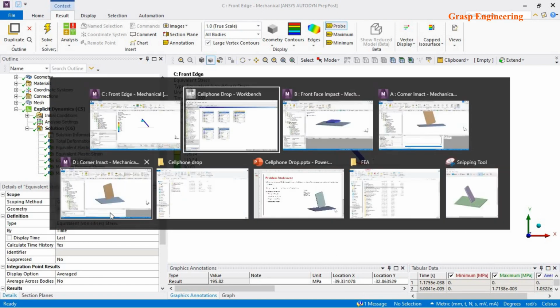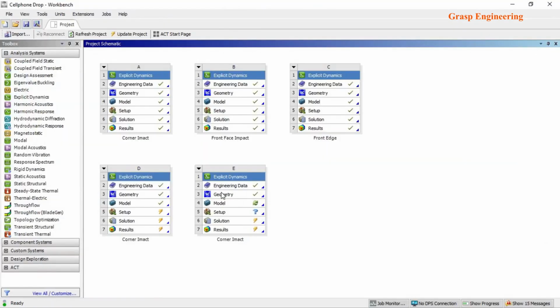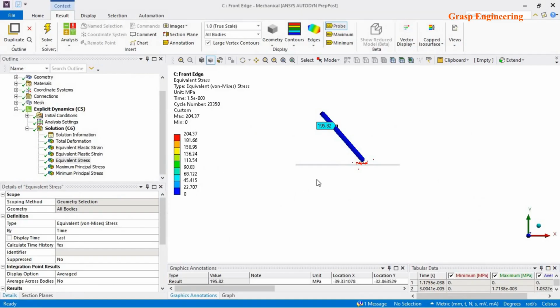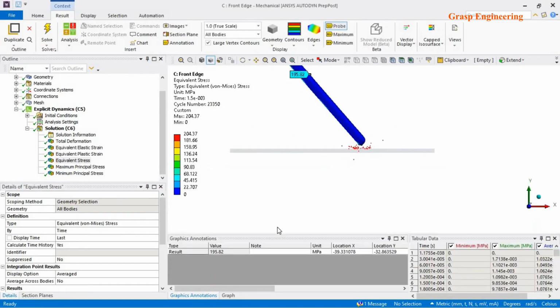Now let's click on the geometry. I will explain how to rotate the geometry. So you can imagine